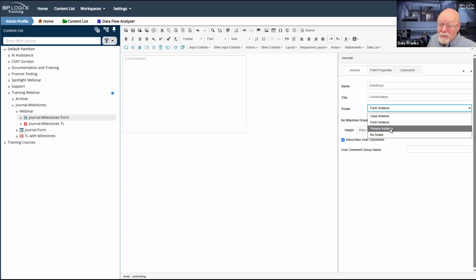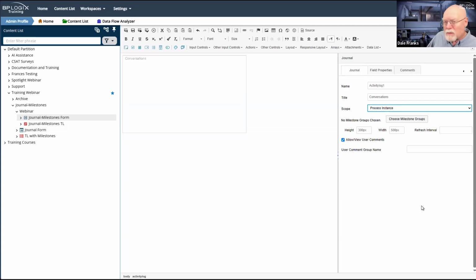I know it should be one of these, and I'm inclined to think that process instance should be the default for the journal control. It's not, but it's probably the scope that you will use the most often because it does expand the milestones that we can grab, because now we can grab milestones from the form itself or from the process timeline that are associated with the form.